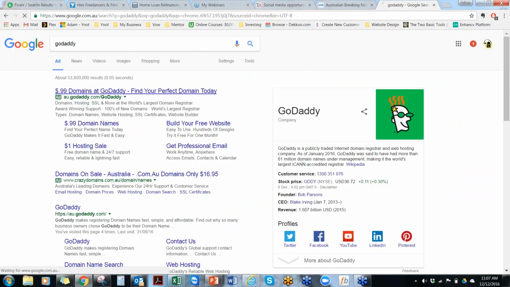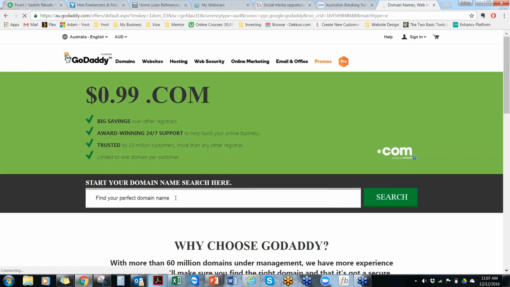And if you click on GoDaddy, what you can do when that site loads up is just see whether or not your site name is available. If not, you might have to just do some searching on like-minded sites. So if I did say Flint Financial,